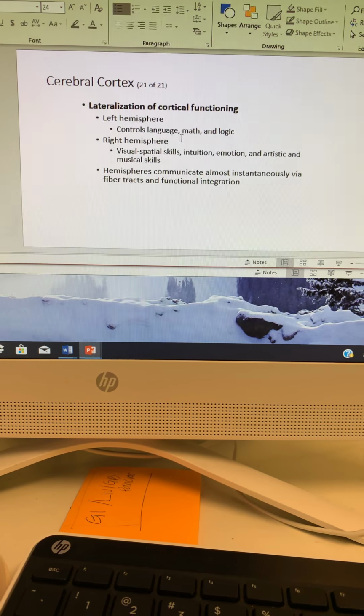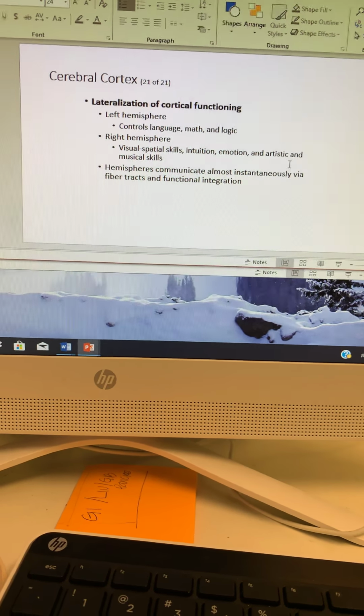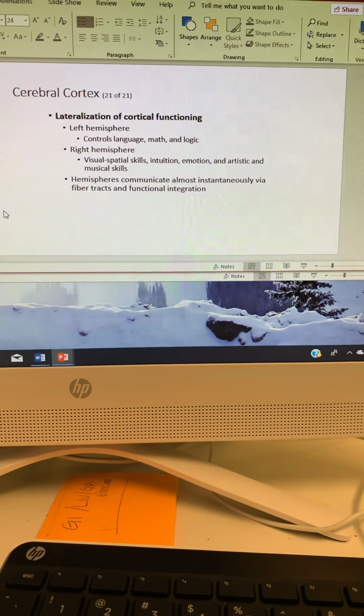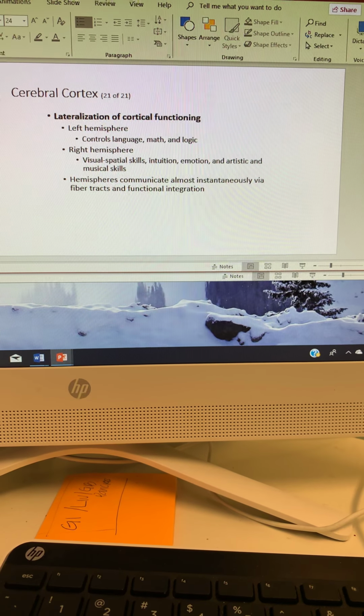Left hemisphere controls language, math, and logic. Right hemisphere, visual-spatial skills, intuition, emotion, and artistic and musical skills. Hemispheres communicate almost instantaneously via the fiber tracts and functional integration,